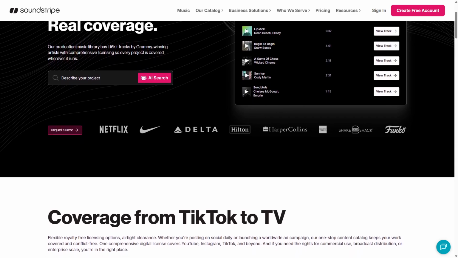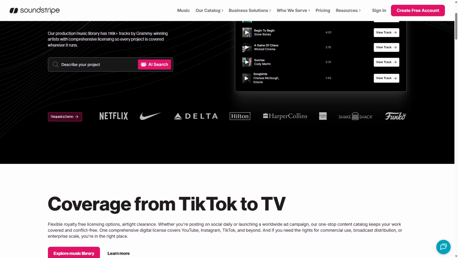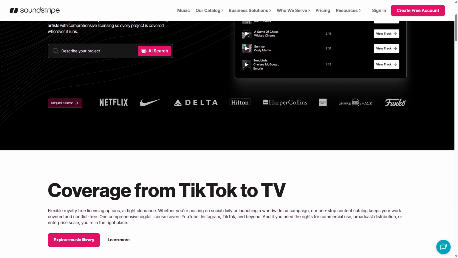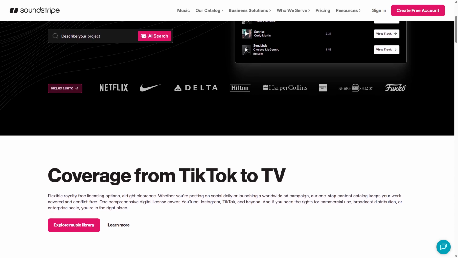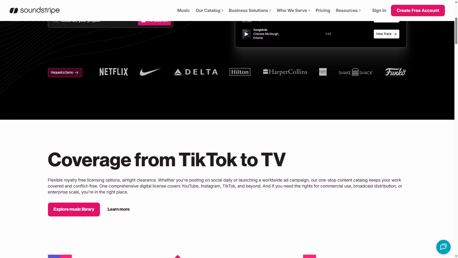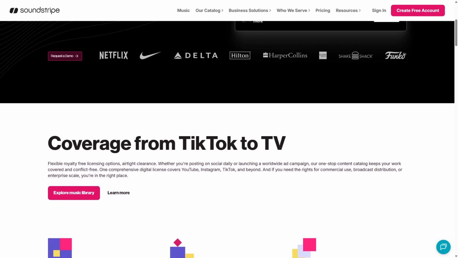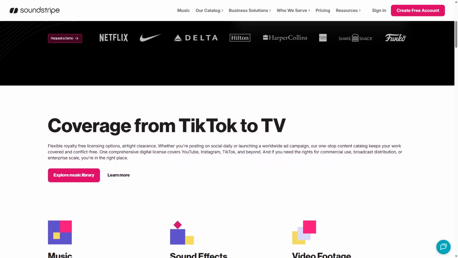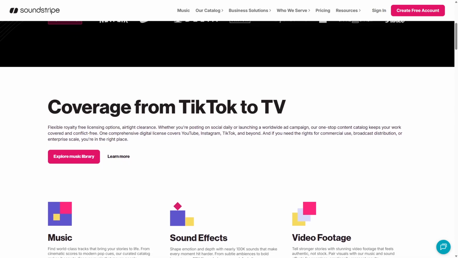The user interface is straightforward, allowing you to search by genre, mood, or even instruments, which feels intuitive, especially for those who might not have a deep understanding of music. One of the standout features is the ability to download tracks in multiple formats, which is handy if you're working